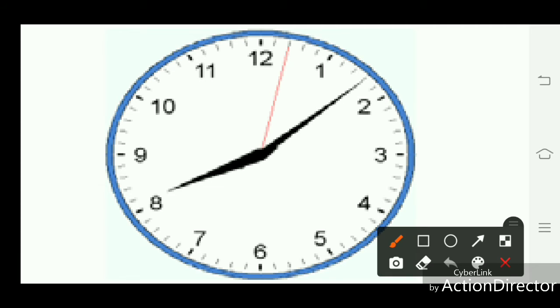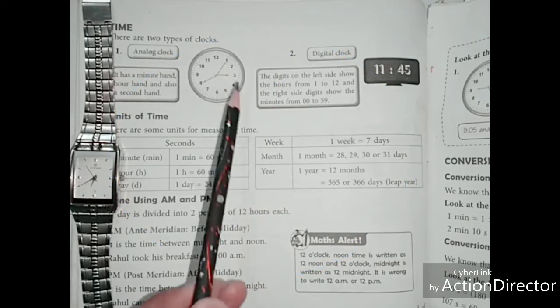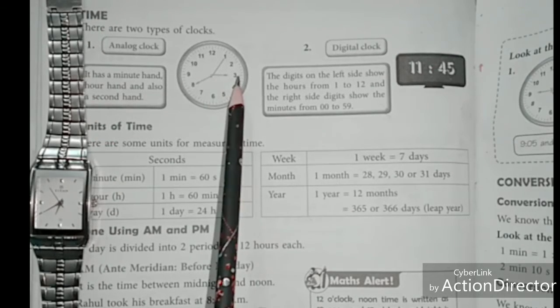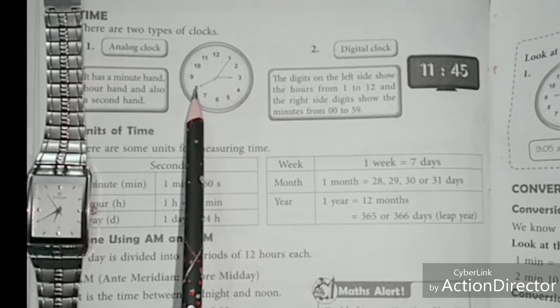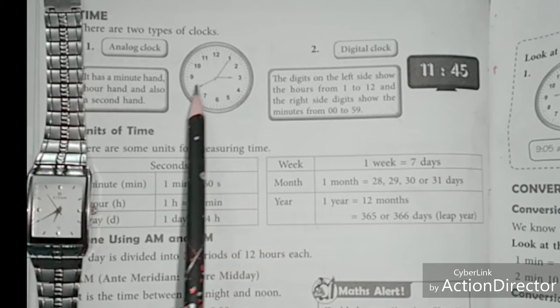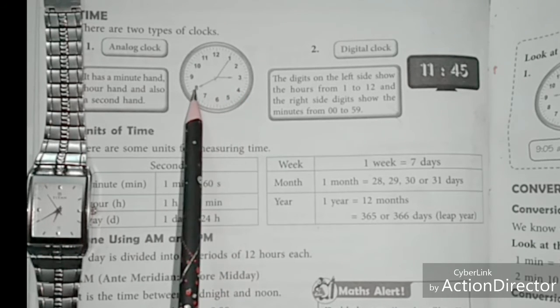So that's the reason we multiply each place of minutes and seconds by 5. The third one shows seconds. The hour hand shows hours. So here it shows 3. The minute hand is at 8. So we multiply by 5. 8 fives are 40. So at this time this clock shows 3:40.